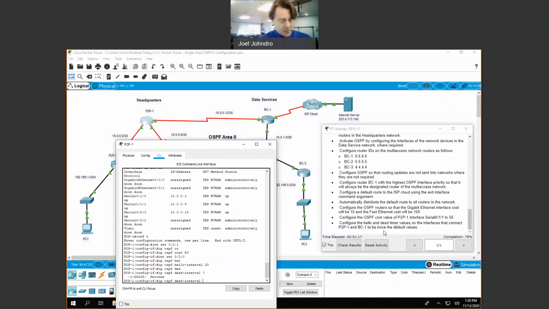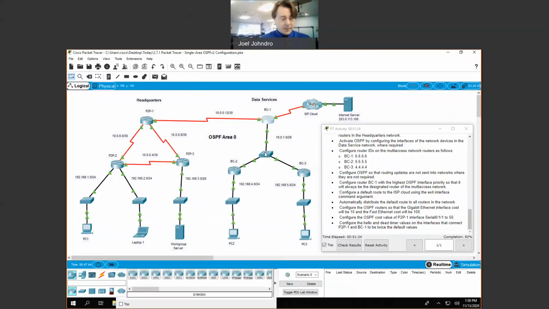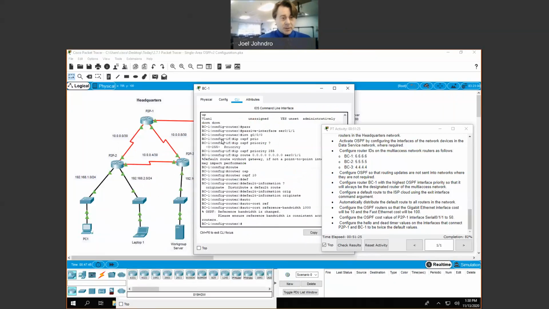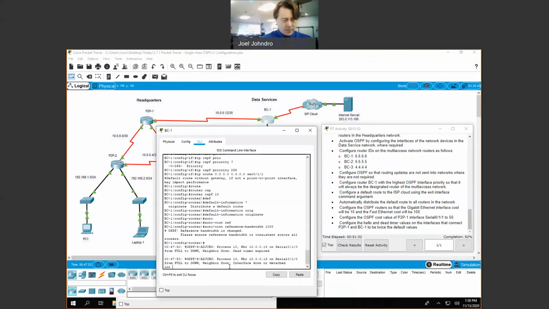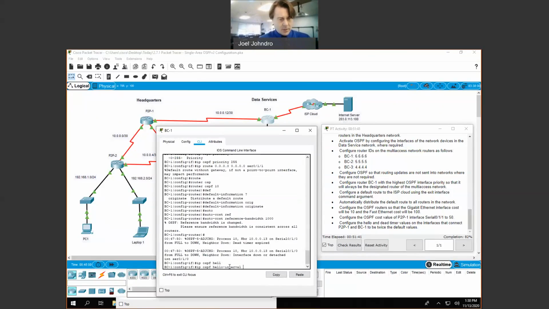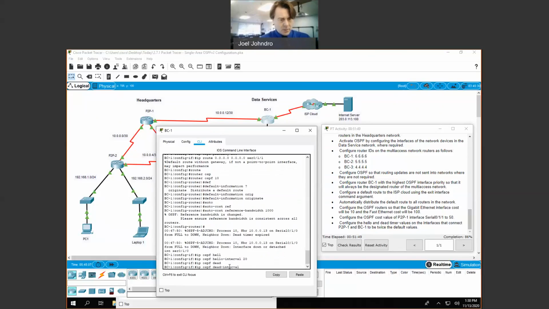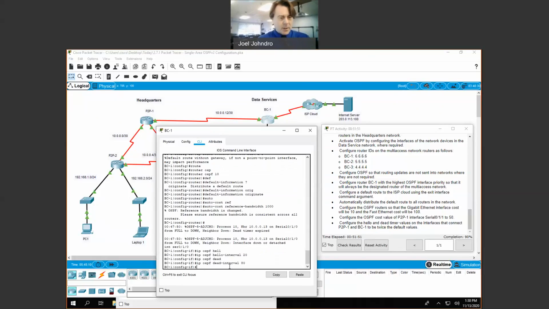Yep, so it's 40, so we'll bump that up to 80. I'm going to do that on this side as well. That's serial 0/1/0, I believe. Yep. And there, ta-da, we're all done